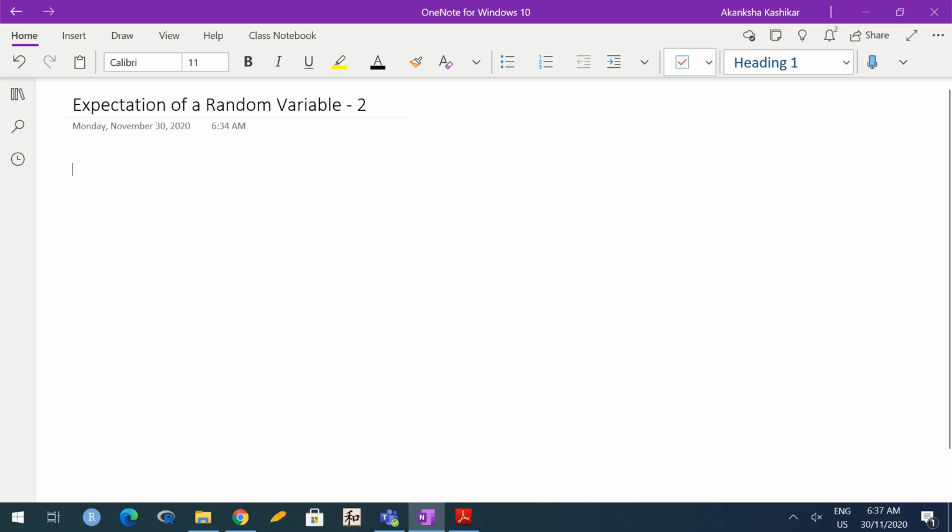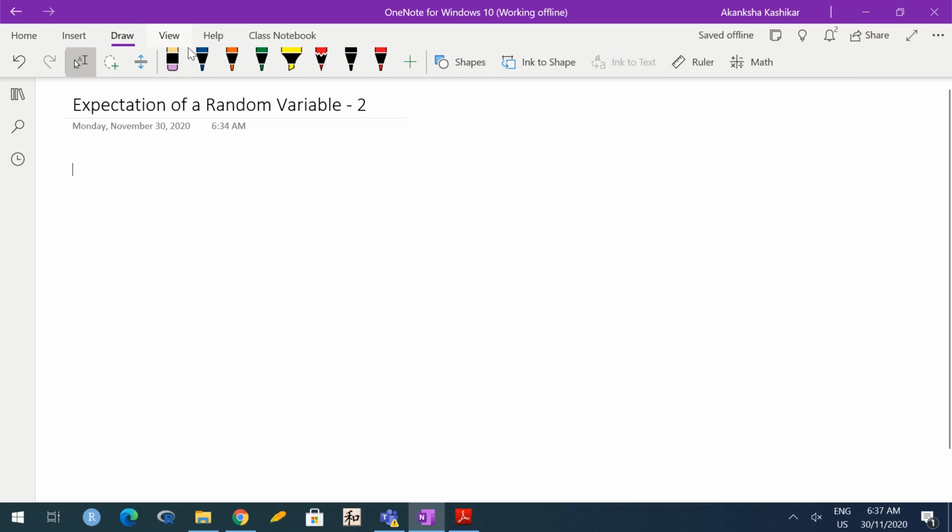Okay, so now using these definitions, we have already proved that the expectation of a simple random variable has certain properties such as linearity, etc. Today we will try to discuss similar properties for arbitrary or non-negative random variables. So let me first list down all the properties that we are going to try and prove. So X1 and X2 are any two random variables. So X1 and X2 are random variables defined on